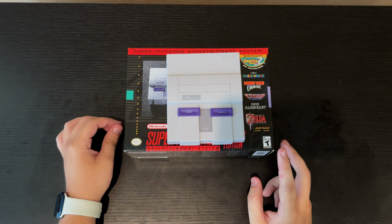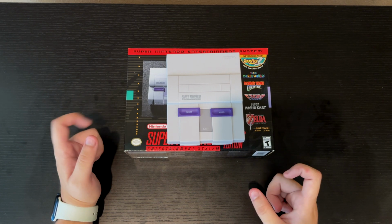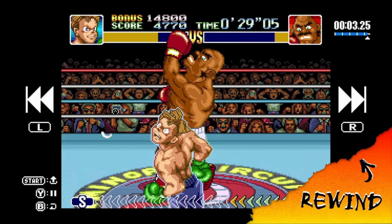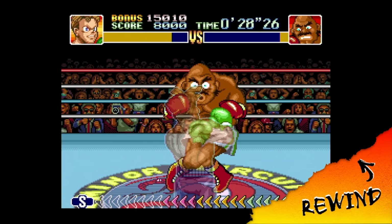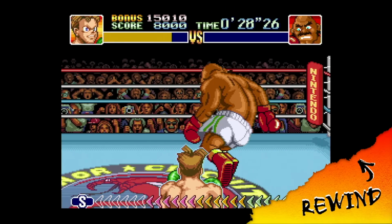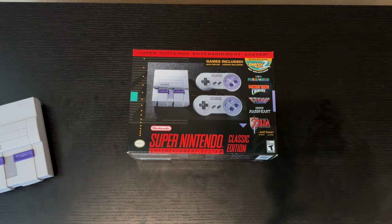Online is rewind. You can hold down the top 2 triggers on the controller and rewind the game. So if you make a mistake in Mario Bros, for example, you can fix it, which is a really cool feature as well. Again, they blew it out of the park with the box, so I didn't mention it